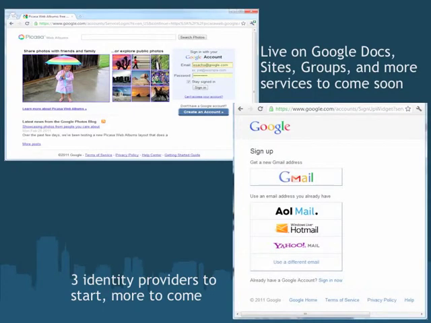even Google. Google has had a sign-up technique that we've used on some services, where if you tell us you want to create a new account, we will show a bunch of stickers, NASCAR stickers, for different identity providers, and ask if you want to use one of those to set up a new account. And we've experimented and found that adding more than 3 or 4 to this list really does visually overwhelm users.